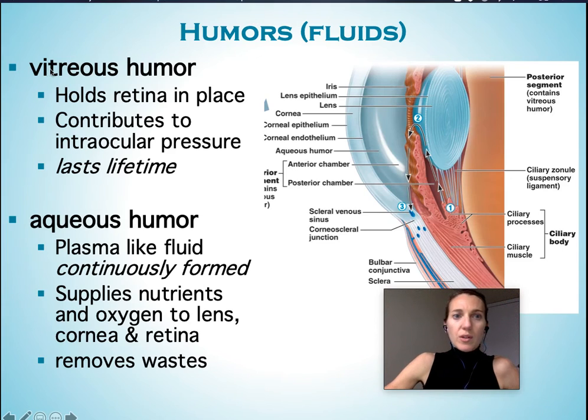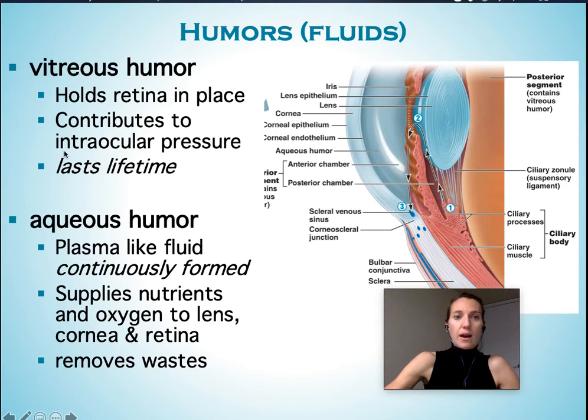The humors, or the fluids, of the eye. So you have what's called the vitreous humor, which is going to be in the posterior aspect of the eye, posterior to the lens. Remember, this is our divide. So in the posterior segment, here's our vitreous humor. And then the aqueous humor is going to be in the anterior portion of the eye. The vitreous humor is kind of gelatinous in nature, and what it's going to do is hold the retina in place. So it contributes to that